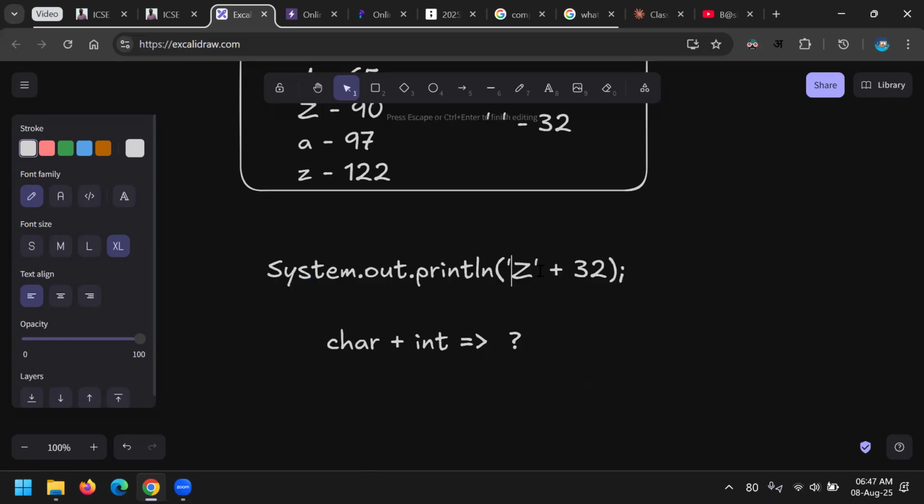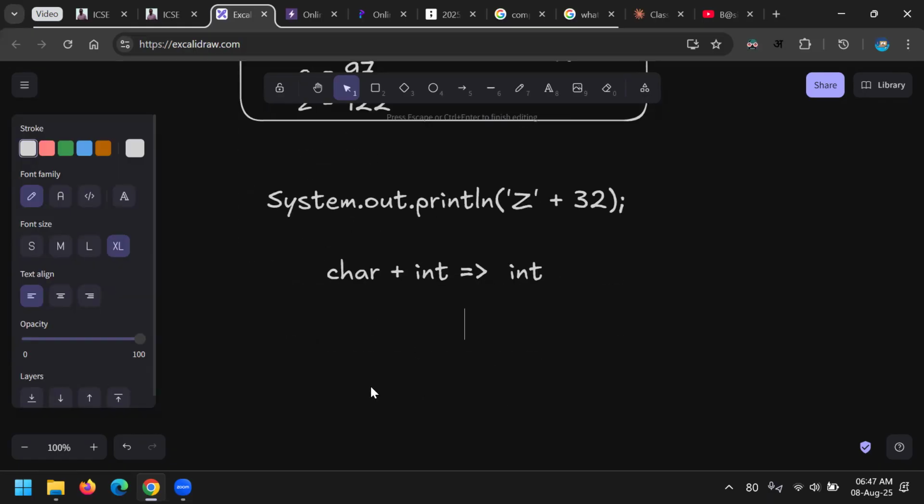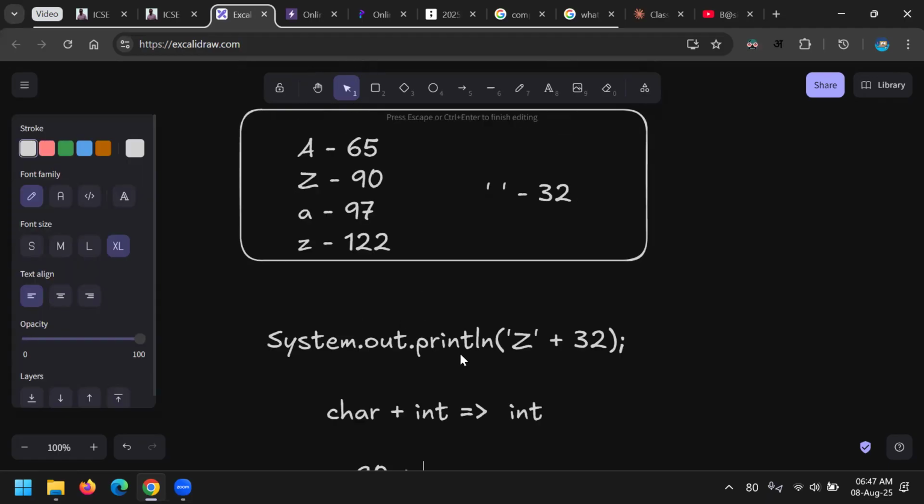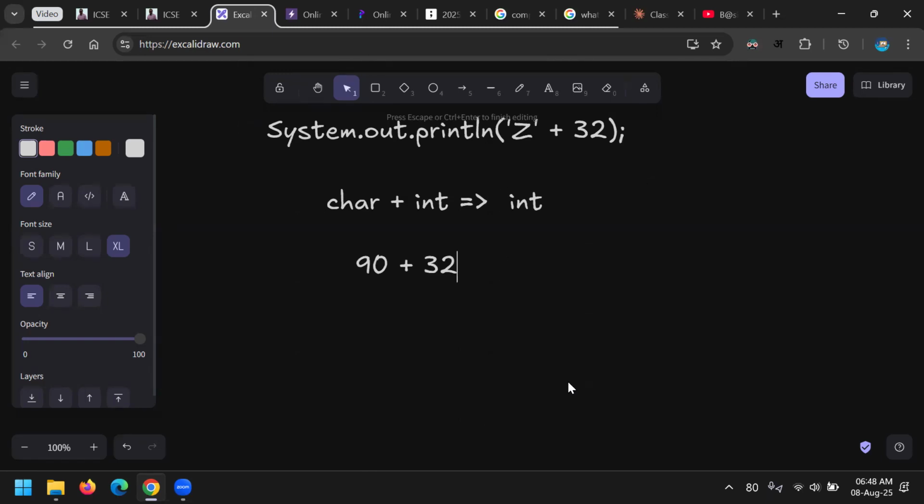So if we are using character plus 32, it will automatically convert it to integer only. And Z value is 90. So 90 plus 32, it will give you